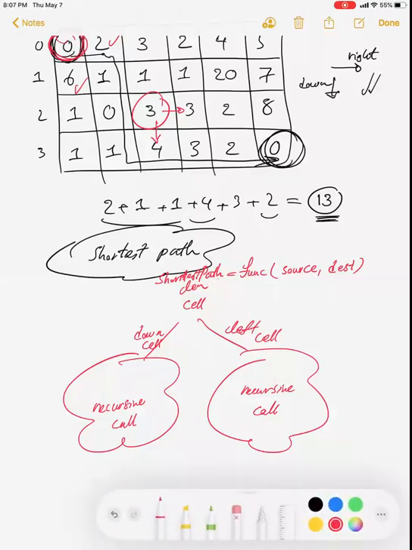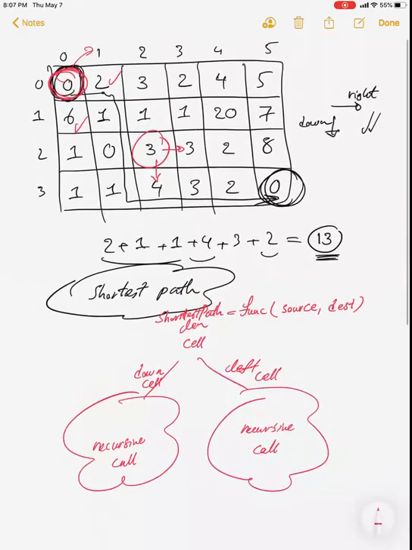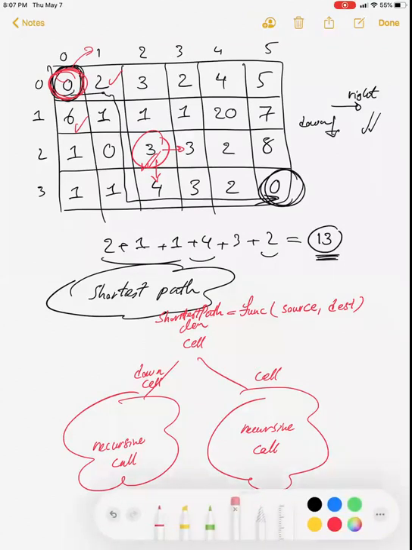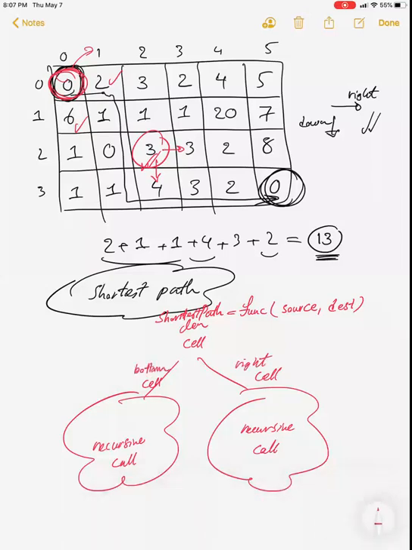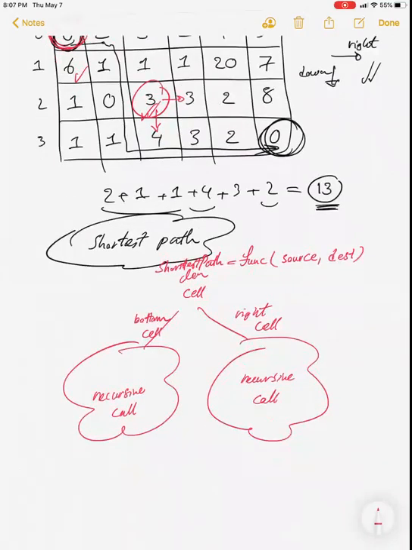So we will check, whenever I'm in a specific cell, right? Let's say here in the cell 2 and 2, which has the value 3. The possible options for me are the right cell and the bottom cell, okay? So I can call the same function here,